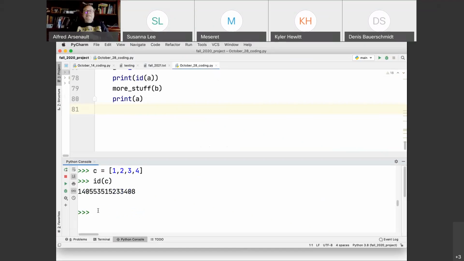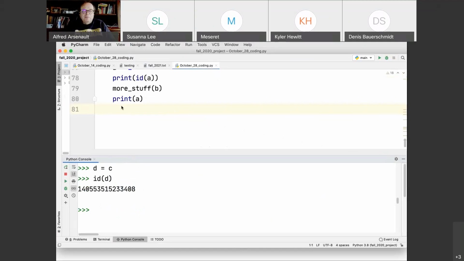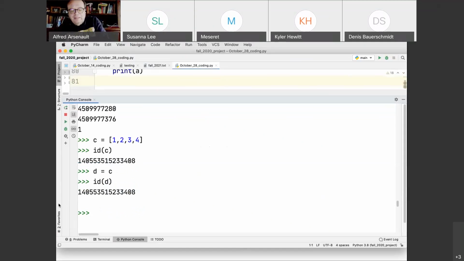What's C's ID? It's this one. If I just say D equals C, as we know, it's the same location in memory. Not good. It's going to mess up my original list. But if I say D equals